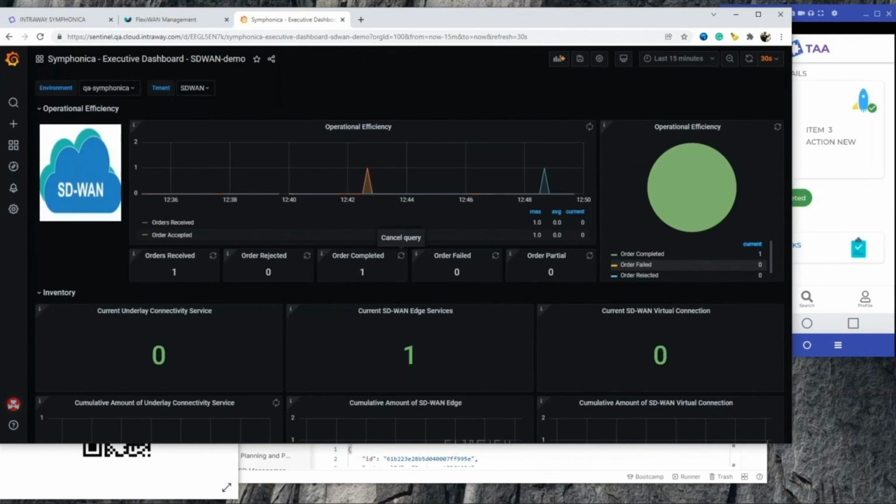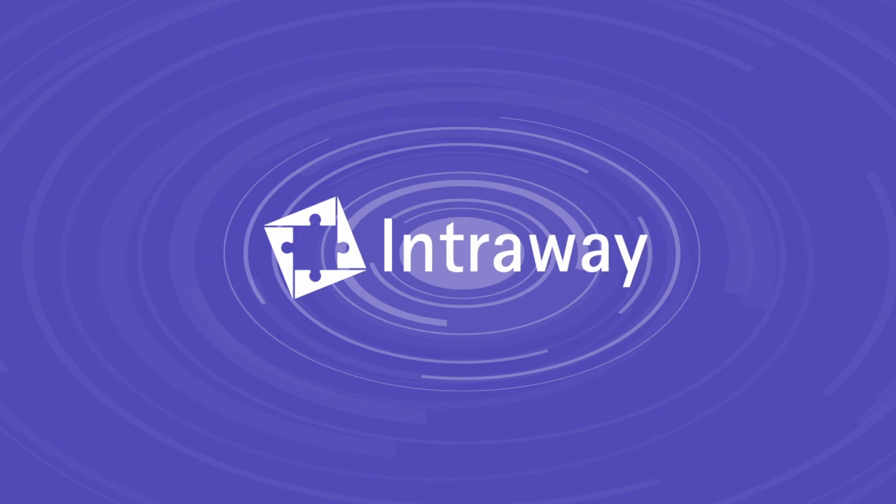So in this way, the demo for the use case of creating two edges has been run, one located on site A and the other on site B. In each of these sites, there is a machine with a Linux operating system on which the agent runs and will form a secure site A to site B tunnel between them. This POC was developed in a couple of weeks thanks to Symphonica capabilities. The cloud instance was available in a matter of minutes, and following the MF service